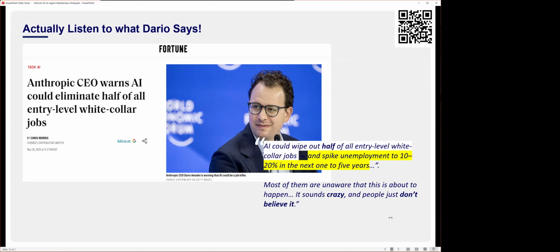And Opus 4.6 and Codex 5.3 were in fact the first two models where the AI built the AI. Both labs attribute far more of the release of those models to the AI itself than to their human teams. So we're starting to go into a vertical curve where now that AI is building AI, the pace of change is just going to accelerate.